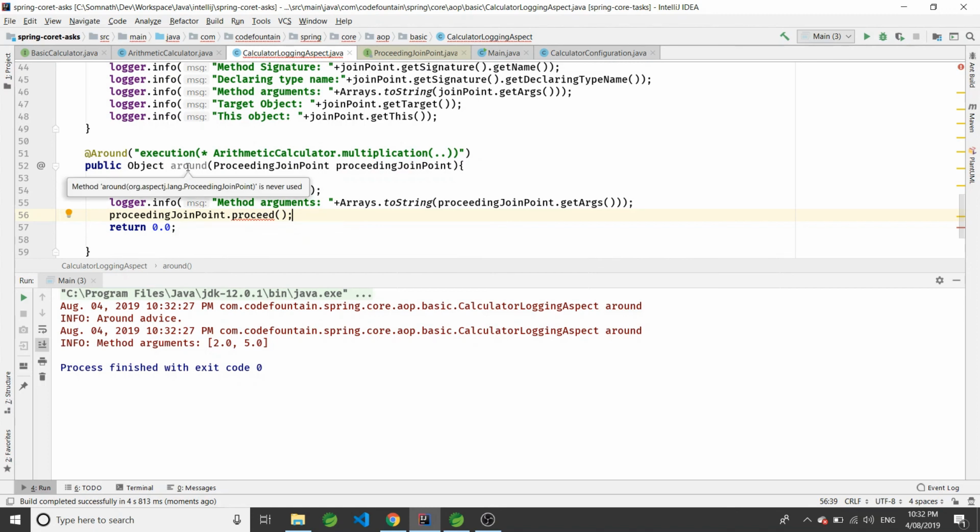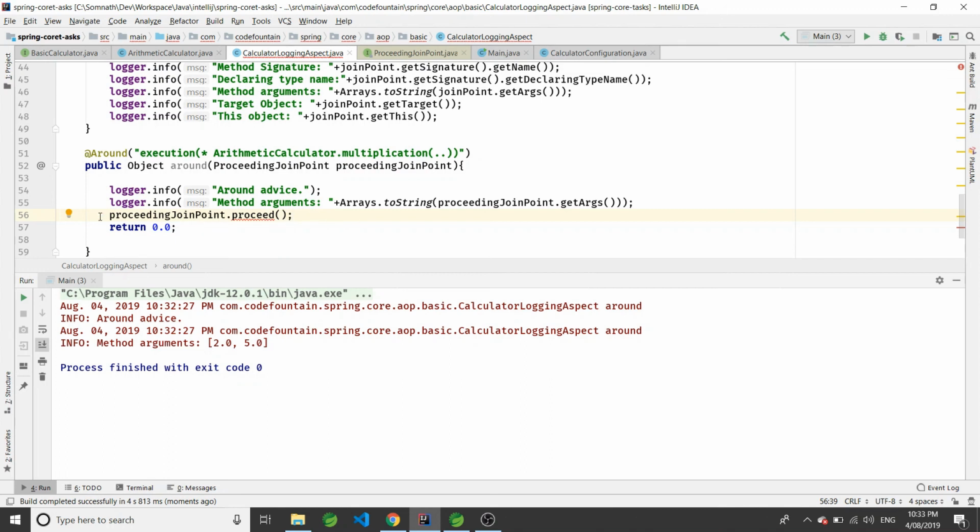So this is around advice, as you have seen, it has both before and after. Before invoking the method, whatever we are printing before calling proceed will get printed as part of our before action, and then we have to explicitly call proceed, otherwise this method invocation will not proceed to our actual method call.